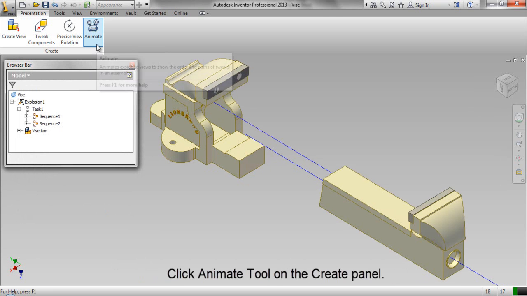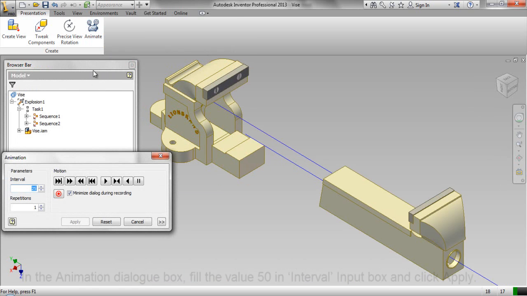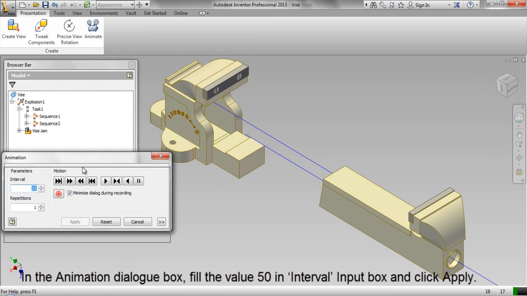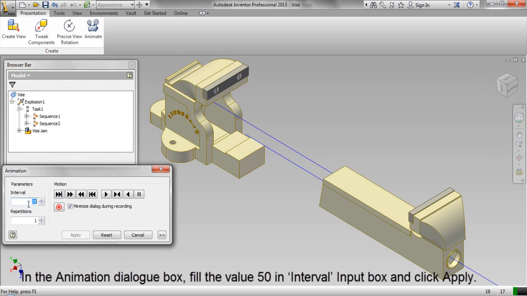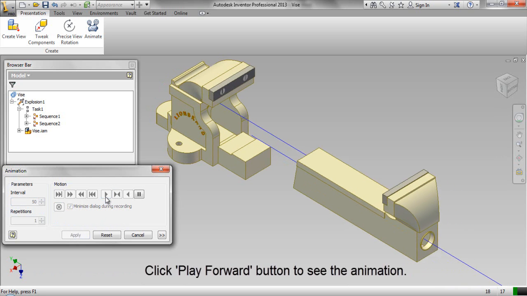Click Animate tool on the Create panel. In the Animation dialog box, fill the value 50 in the interval input box and click Apply. Click Play Forward button to see the animation.